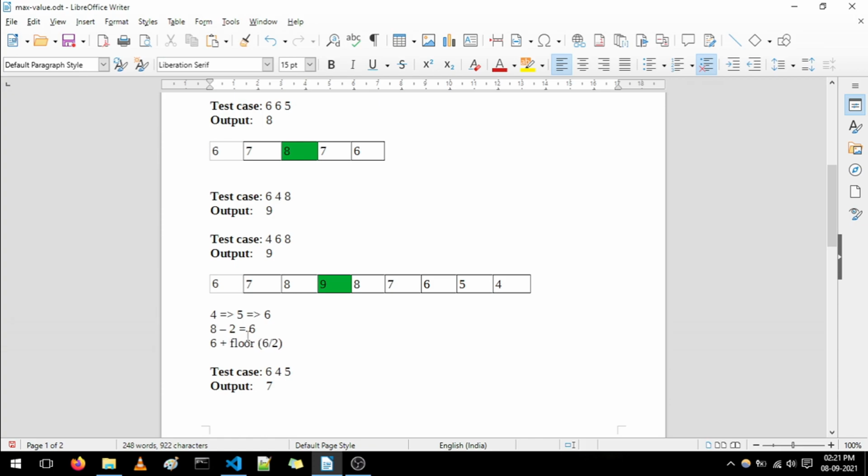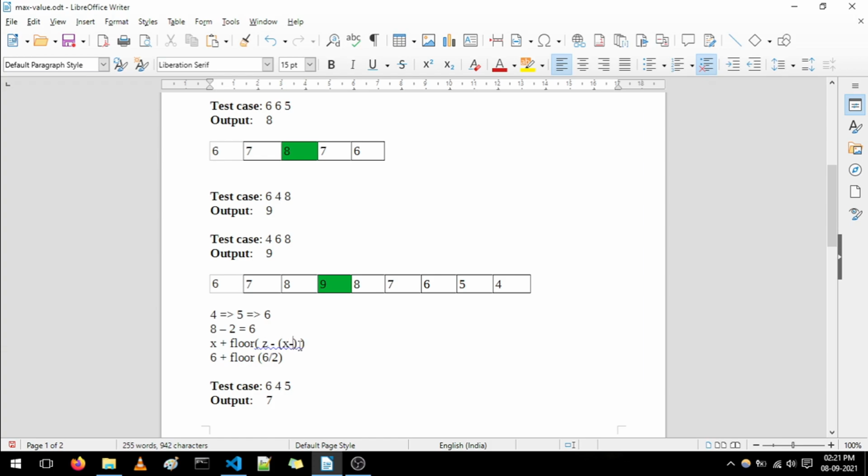So 6 plus floor of 6 by 2. Now when we write this formula with variables, you will understand it better. Here x is the maximum value, plus floor of, and here we are not going to write 6 directly, we are writing z